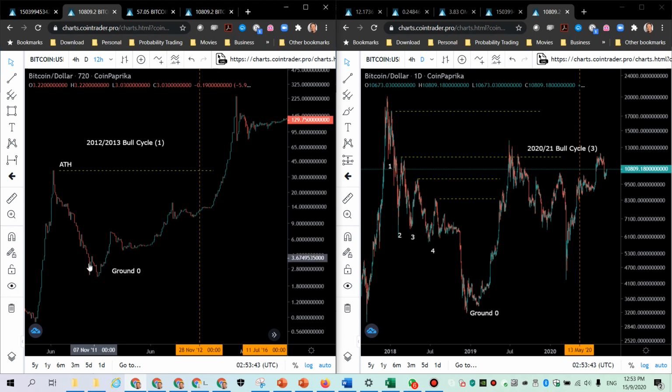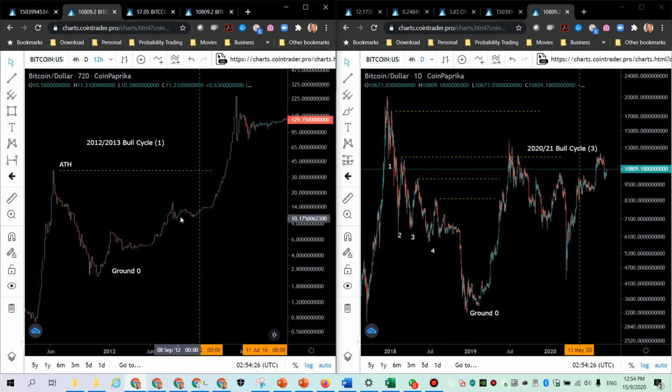Now, if you look at it, obviously, there's some pattern here, which is similar to the latest pattern. And what it has back in the first cycle is it just pushed up and have one of the cycles here, right? And that's what it looks like currently. And this is a much more bigger fractal. Now, obviously, we don't have details because this is back in 2011, 2012, and the price action is not as volatile, which presents a lot of wicks. But you can see there's only one main fractal here, which is around here.